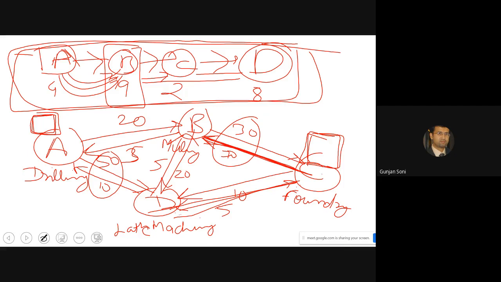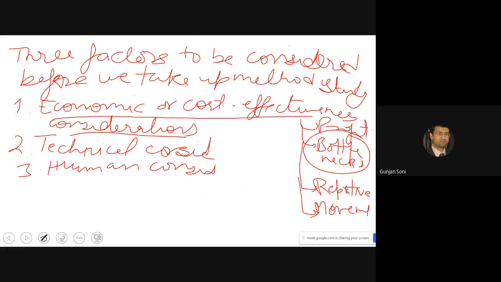So to give you an example, National Engineering Industries is located in Jaipur only. The foundry and machining center are more than a kilometer from each other, inside the company premises itself. Am I clear? Yes, sir. And even repetitive material handling is a very time consuming and wasteful activity, so it should be avoided. So that's how we talk about economic or cost effective consideration.